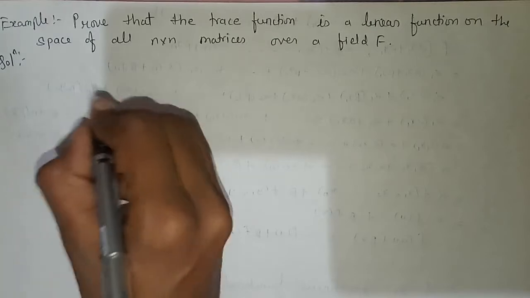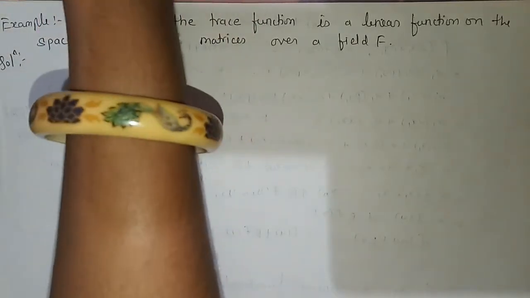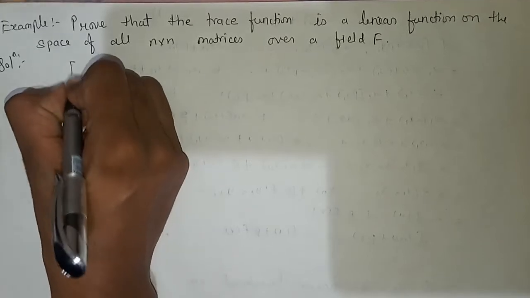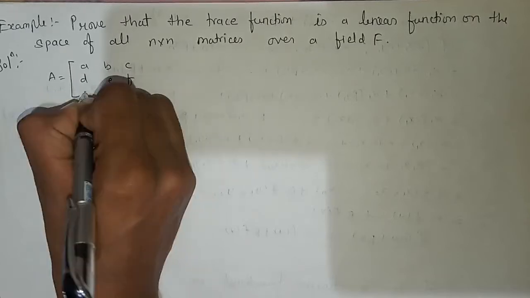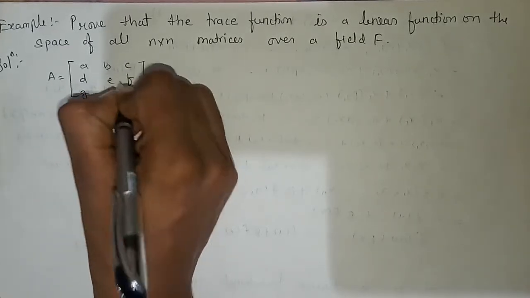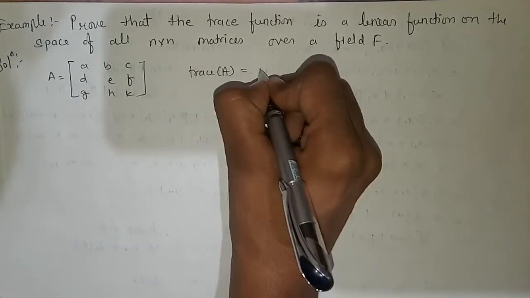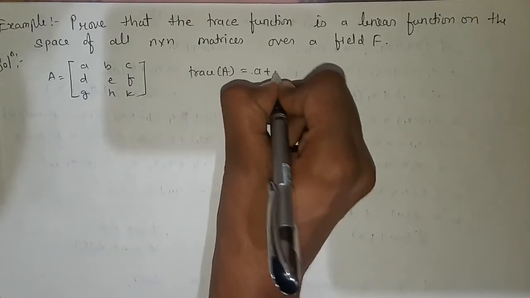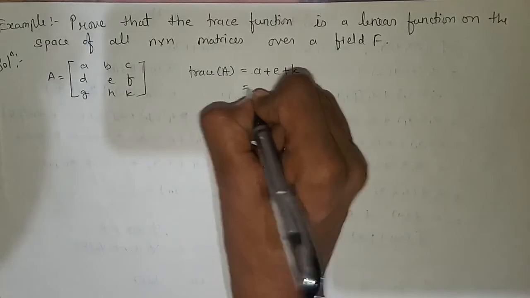What I am writing in the beginning is not part of this question. This is just for your understanding of what the trace of any matrix is. See, actually we are finding the trace of a matrix. Suppose we have a matrix A as A, B, C, D, E, F, G, H, K. Then the trace of A is nothing but the sum of all diagonal values, that is the sum of A plus E plus K, or we can say that the trace of any matrix is nothing but the sum of all